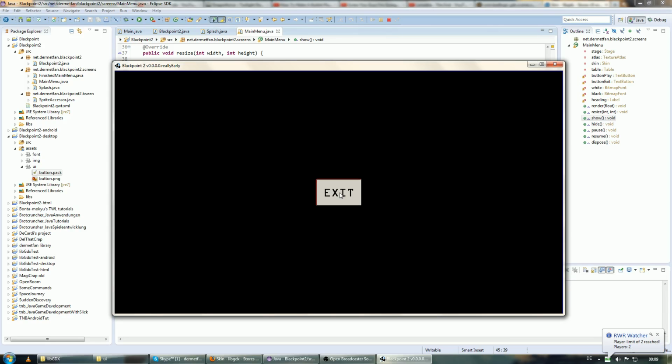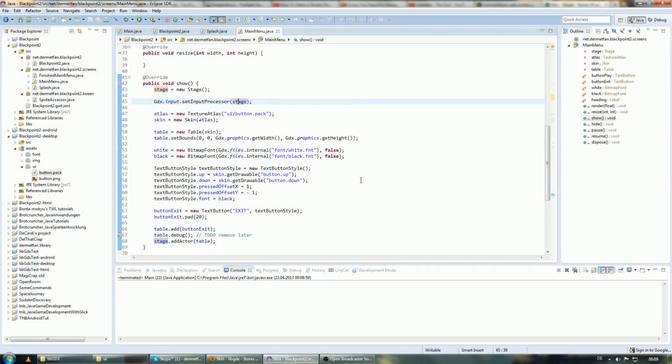Perfect. Works just fine. I hope you see that, yeah, I probably use HD resolution or something. I can make it a little bit bigger. The actual text is going one pixel to the right and one pixel down, and you see these debug lines here as well. So okay, now